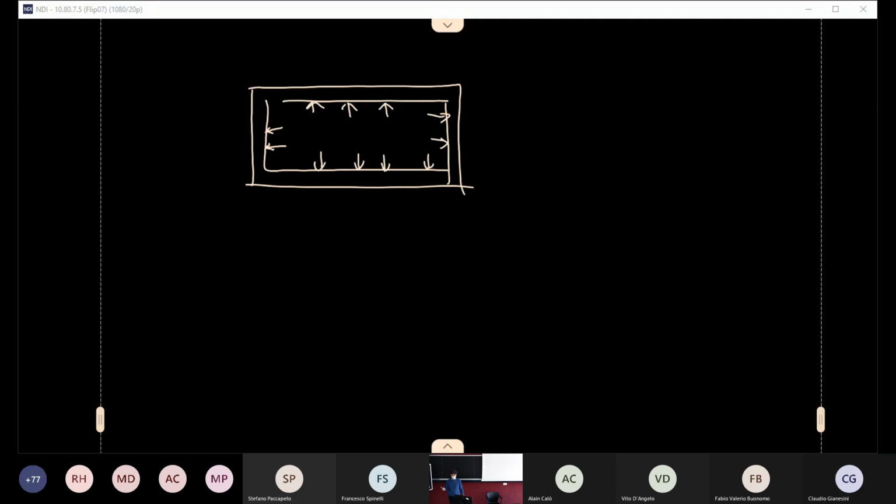Because the forces acting on these walls, of course, we should make the integral of pressure force along the walls, and this force should be equal to the integral along the surface of the pressure we have inside minus the pressure we have outside by the local normal unit vector and the elementary surface. So we see here it's very straightforward. We have, let's say, P minus PA